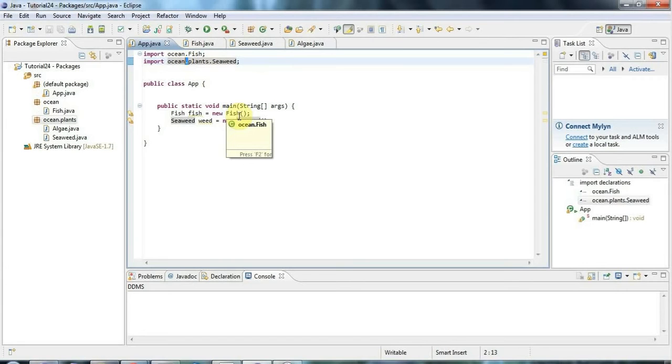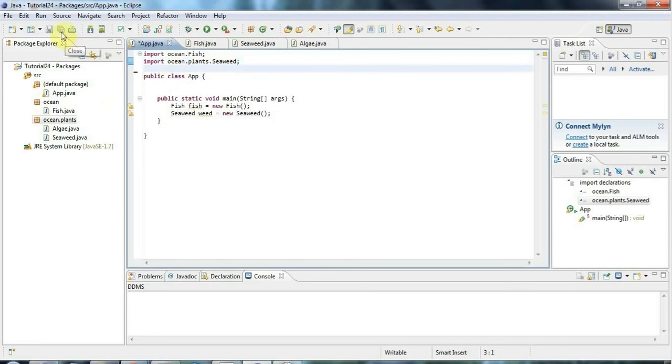And there's just one thing that I think I should mention, which is that if you want to distribute your code so that other people can use it, which would usually be in a jar file, then you want to make sure that your package name that you put your stuff in is unique in the whole world, so that people can use your packages. And it doesn't matter, even if someone that uses your code might already have a package called Ocean themselves, and then